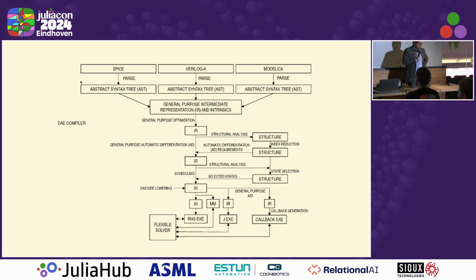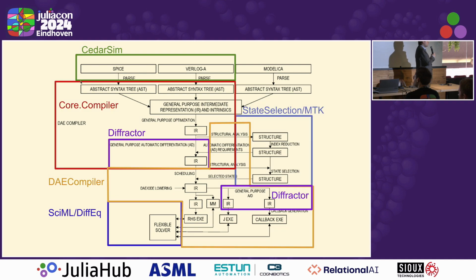This is the architecture diagram for the compiler parts of Cedar. Basically, we take in these modeling representations, SPICE, Verilog-A. We compile them into a general purpose IR. Then we do some optimizations on them, both structural and ordinary compiler optimizations, and then we code gen them for the numerical solver. But I think it's more interesting than the architecture diagram is how this maps to various Julia